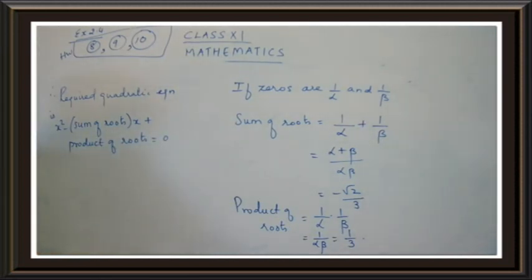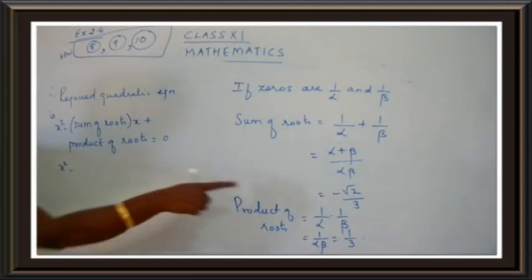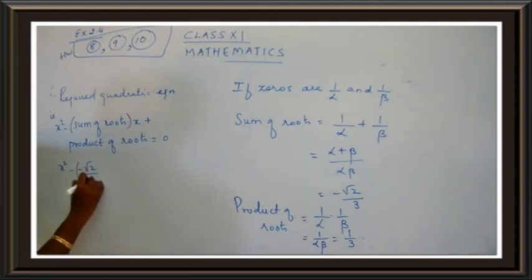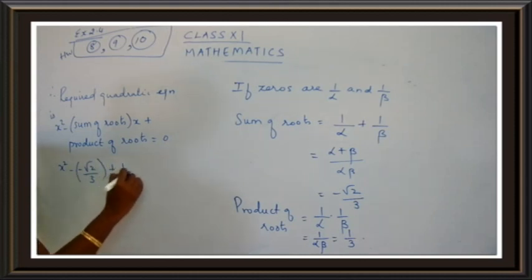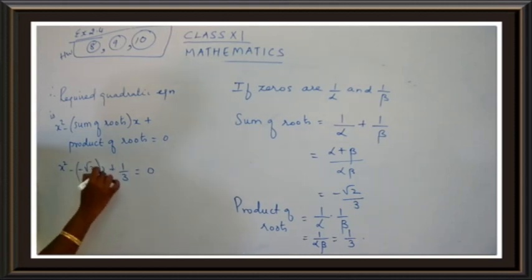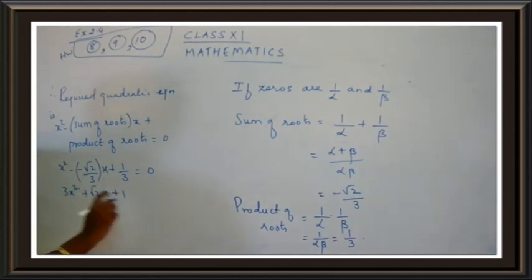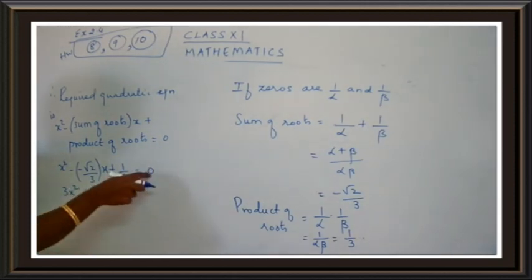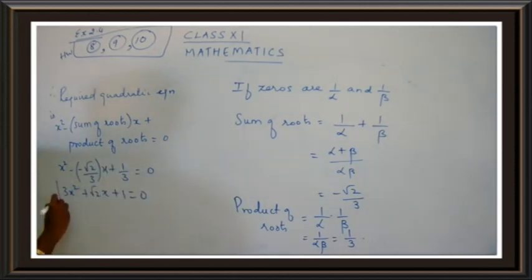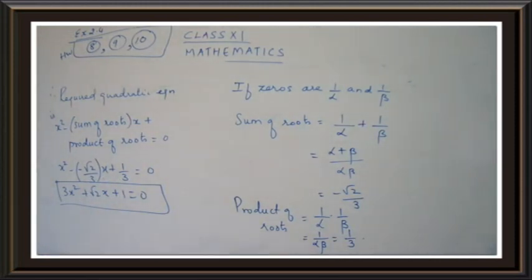So we are just going to substitute, do not substitute the old one, we are going to substitute the new one. So x square minus, it's minus, so minus root 2 upon 3, x plus 1 upon 3 is equal to 0. We have 3 in the denominator, I will take the LCM. So 3x square, minus minus turns to be plus root 2 x, plus 1 upon 3 equal to 0. So the 3 goes to that side and it becomes 0. So you get the answer as 3x square plus root 2 x plus 1 is equal to 0.